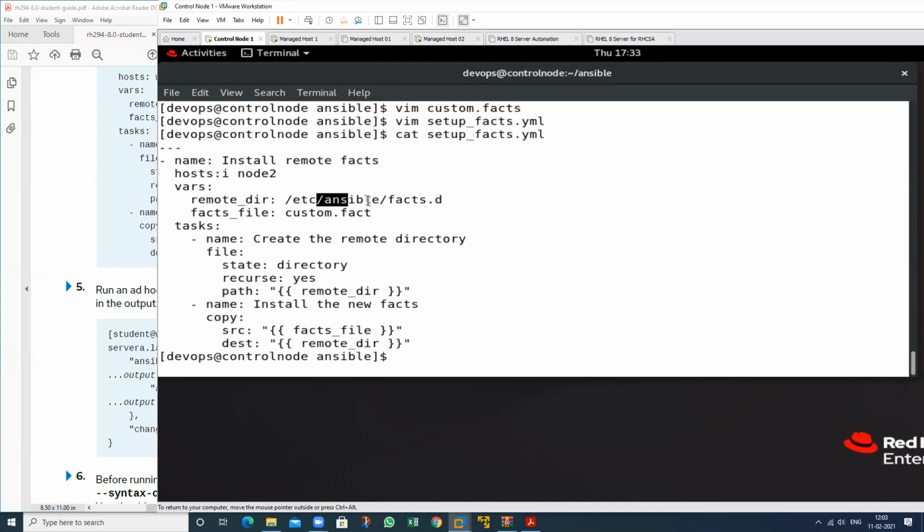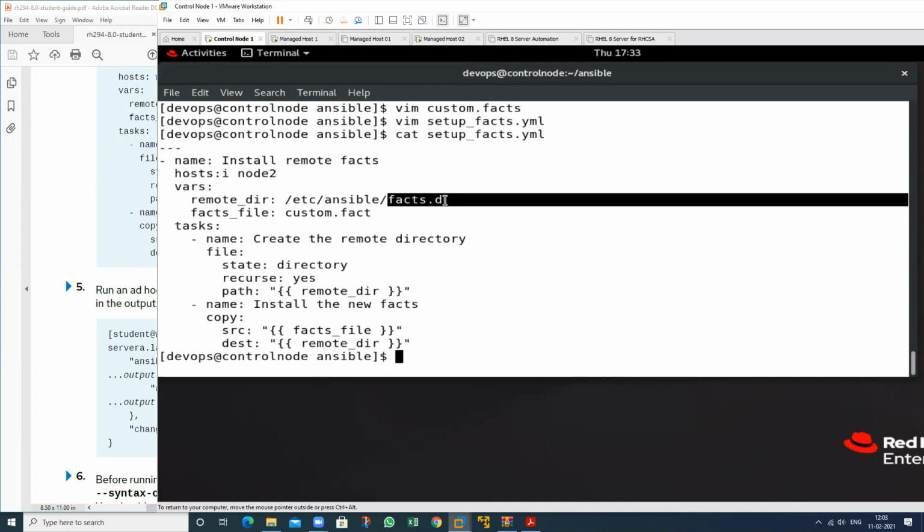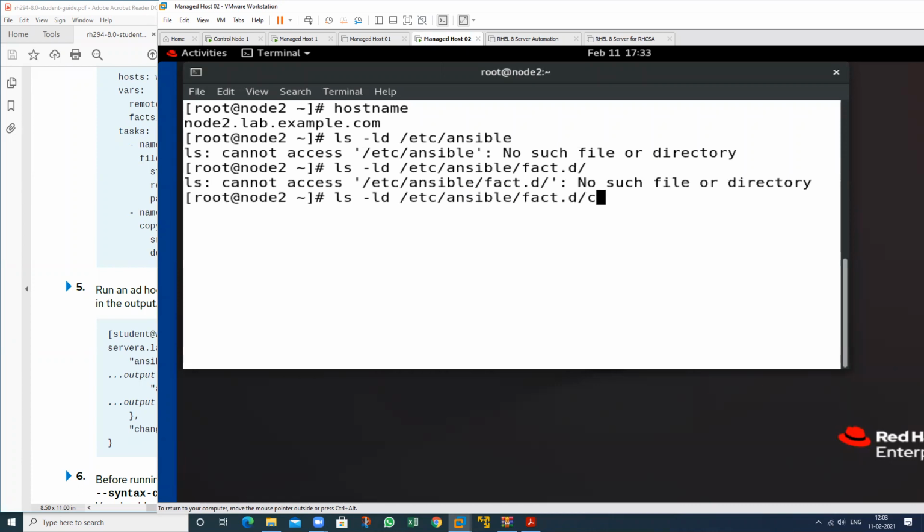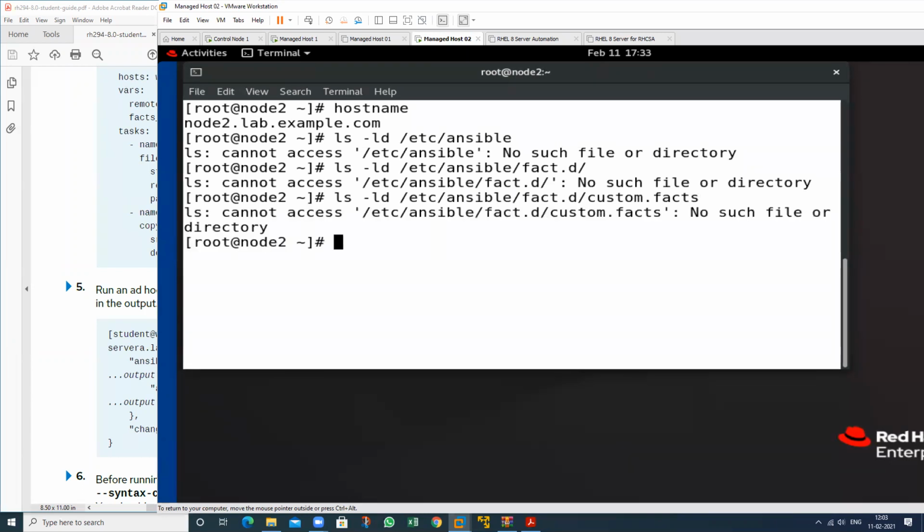In Ansible, which file? fact.d. Check this fact.d, and in this, do we have any file? See, there is no custom.fact file, no file regarding this.